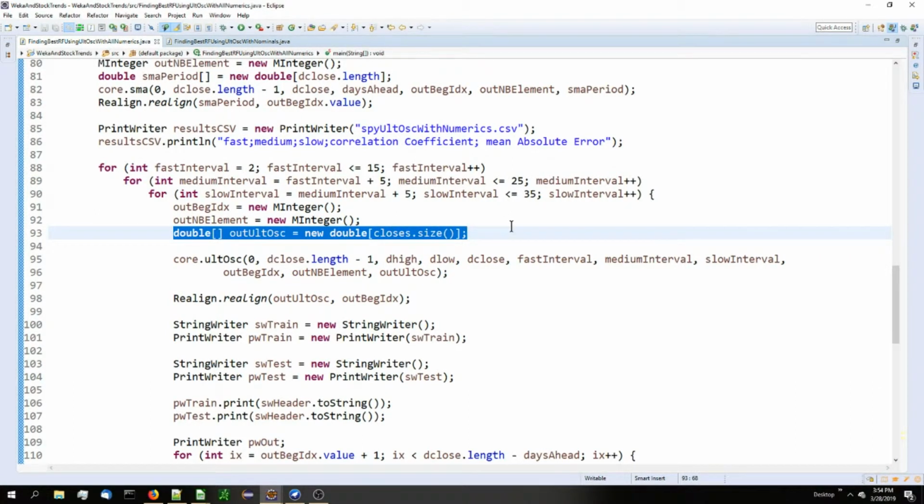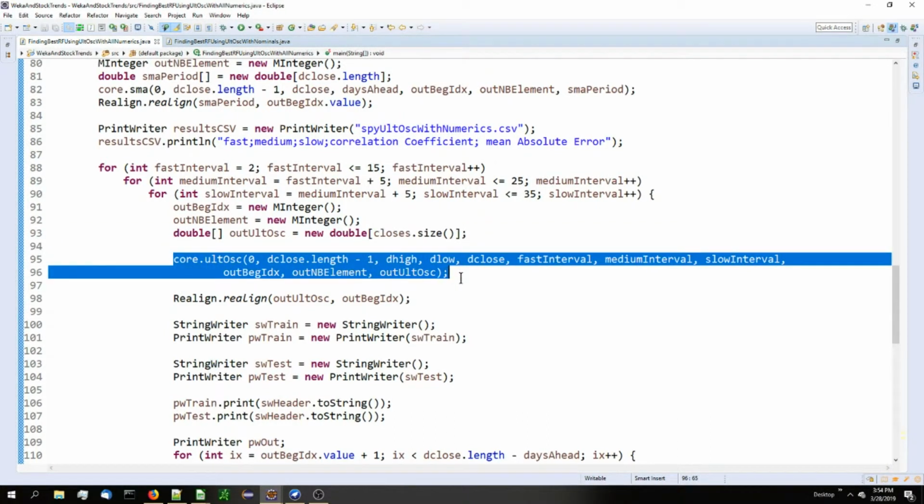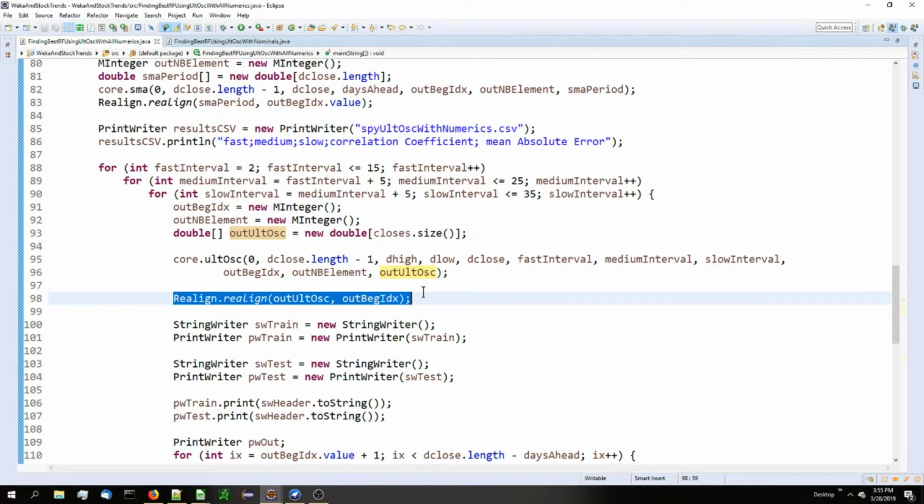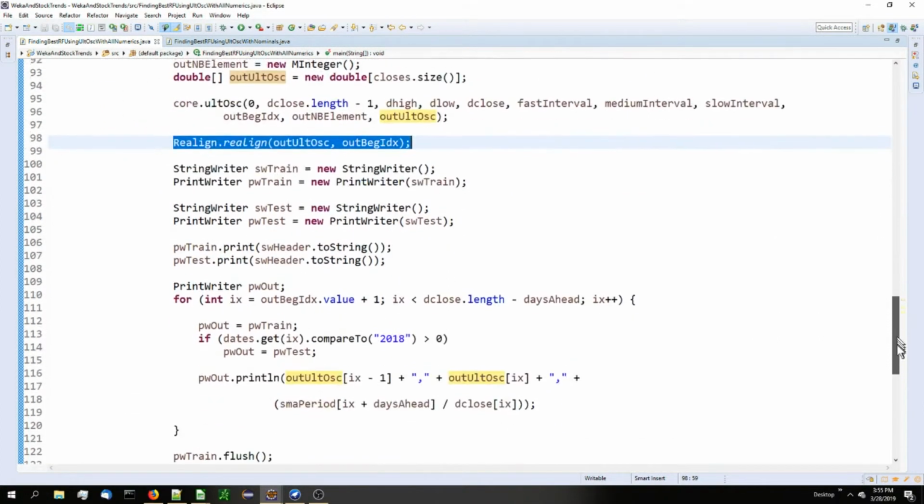This is where we'll be storing the ultimate oscillator values for each iteration. We call the ta-lib method ultimate oscillator, passing it the high, the low, and the close double arrays, along with the intervals of fast, medium, and slow, and everything is stuffed into our ultimate oscillator double array. We do the realignment because ta-lib does the offset. Everything starts at 0 in the results, so we push everything back to where it should be so it lines up